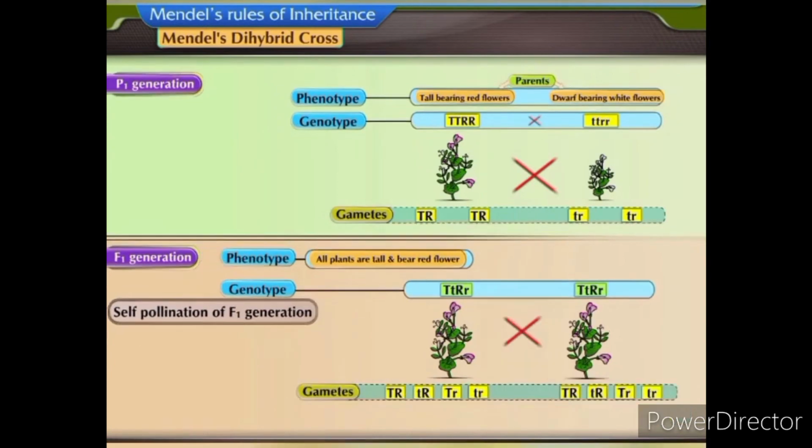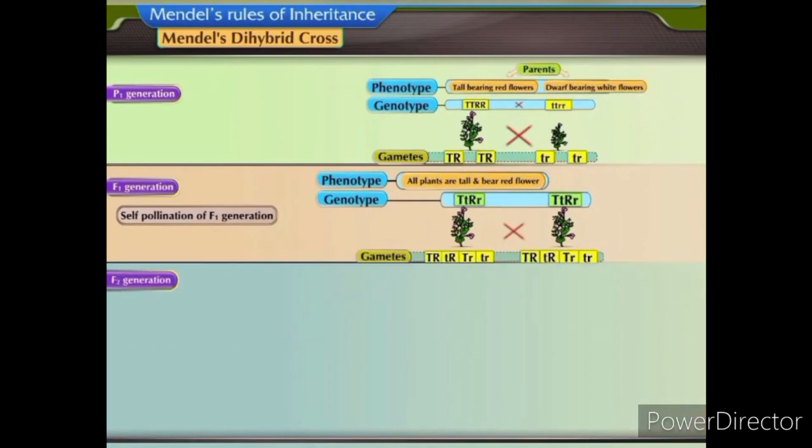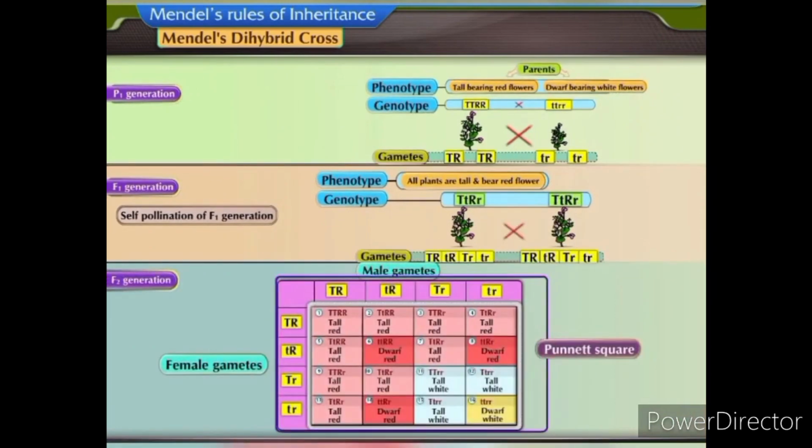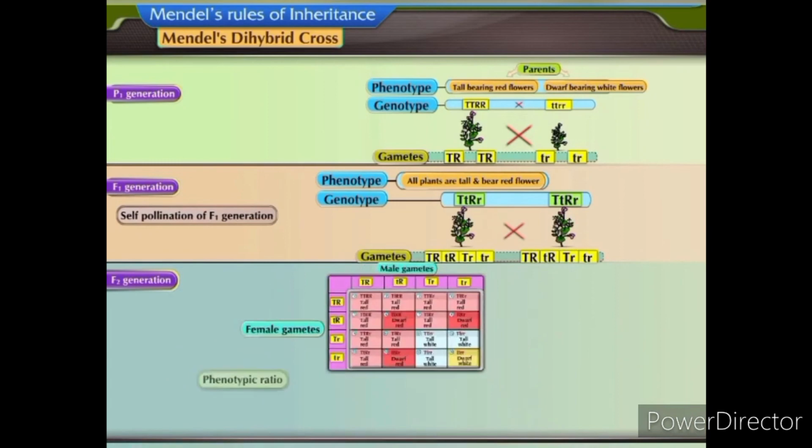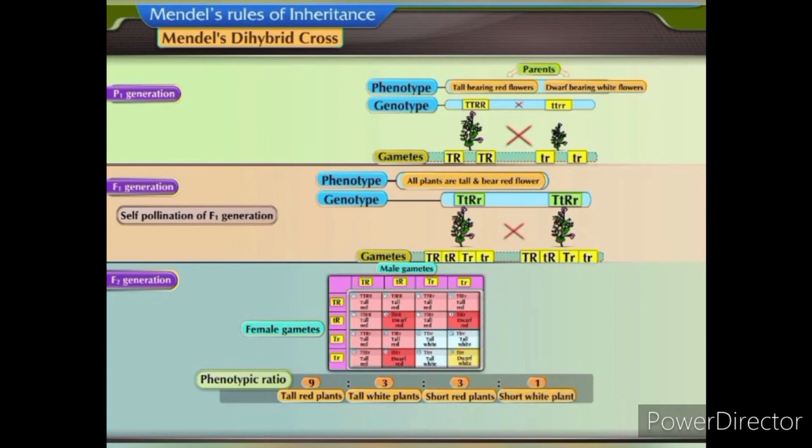Let us now calculate the number of F2 progeny with the help of a Punnett square. The phenotypic ratio obtained from the cross is 9:3:3:1. That is, 9 tall red plants is to 3 tall white plants is to 3 short red plants is to 1 short white plant. The genotypic ratio obtained is